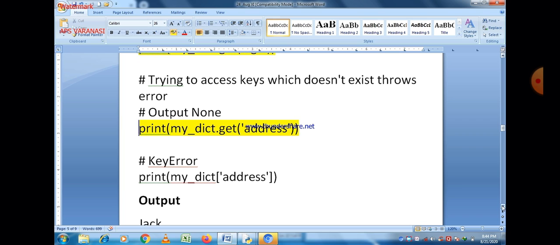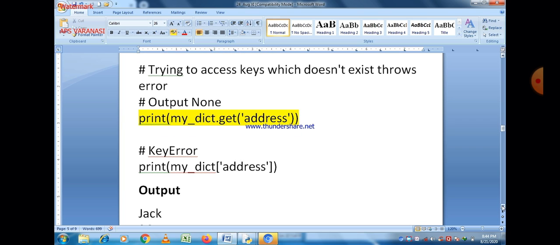But if we want to find out the address, we just give address within a square bracket, then a KeyError is there.